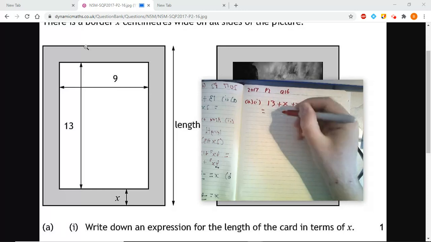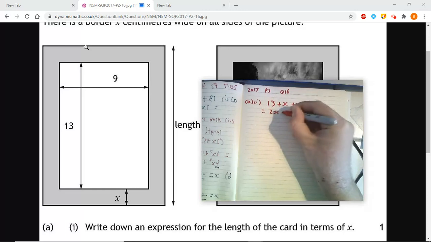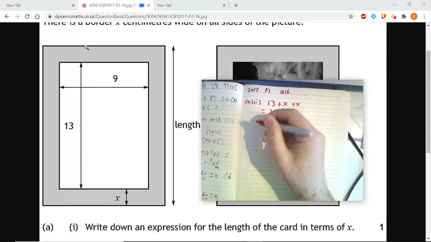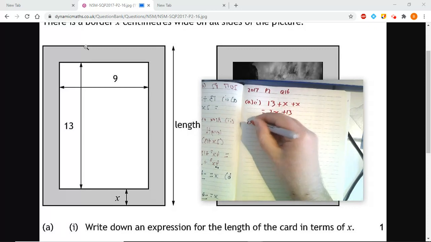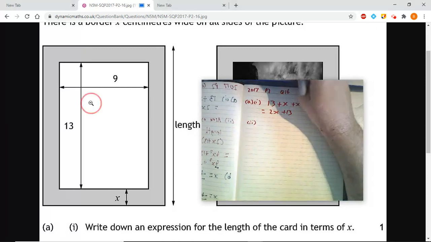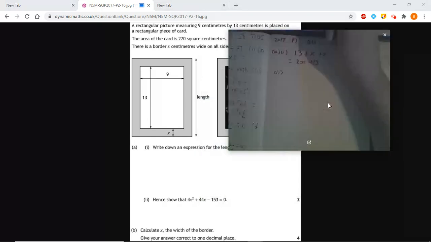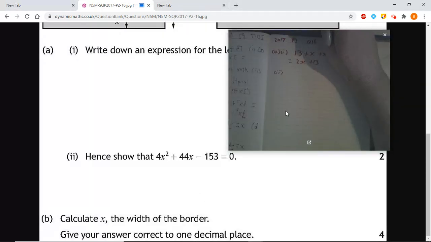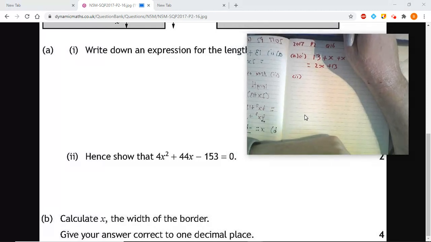So if I simplify that, the distance is 2x plus 13. Okay? Okay, so if we look at part 2, we are told, hence show that 4x squared plus 44x minus 153